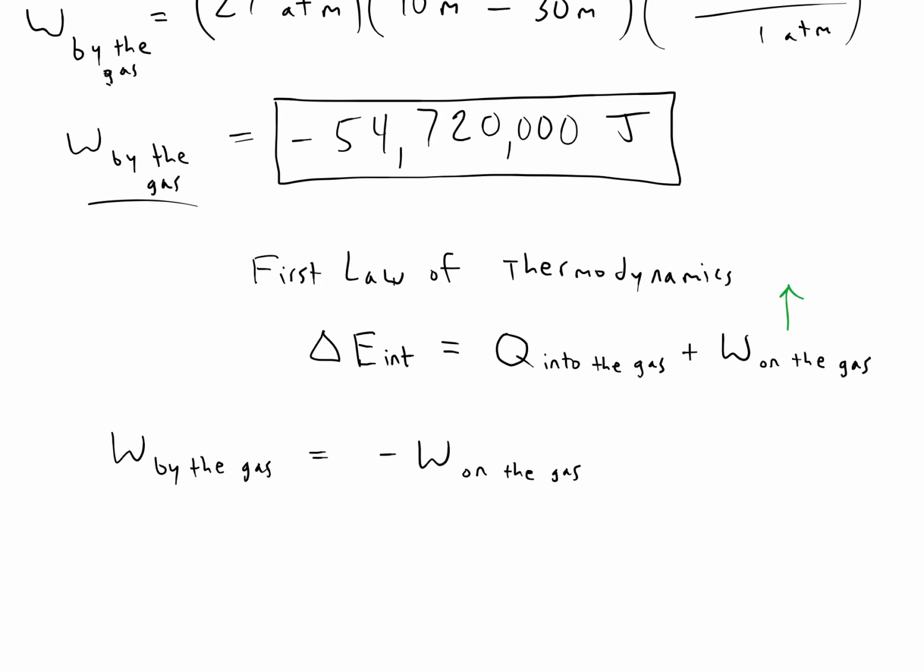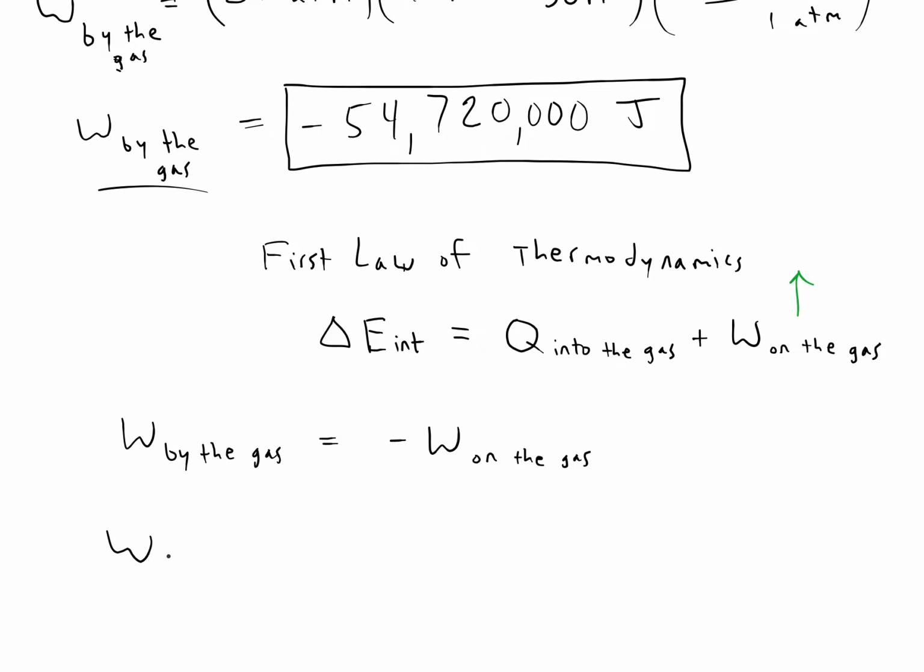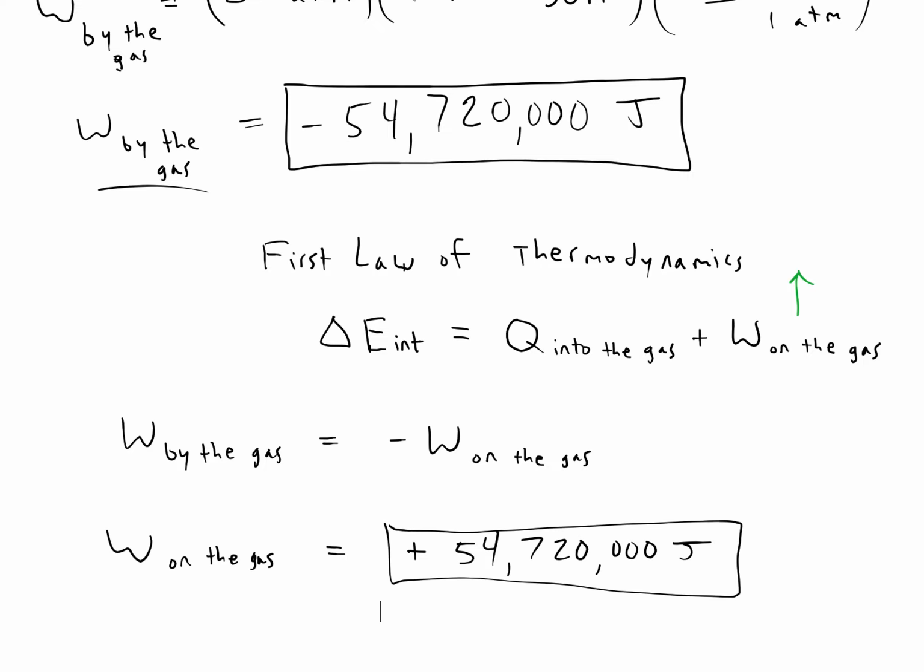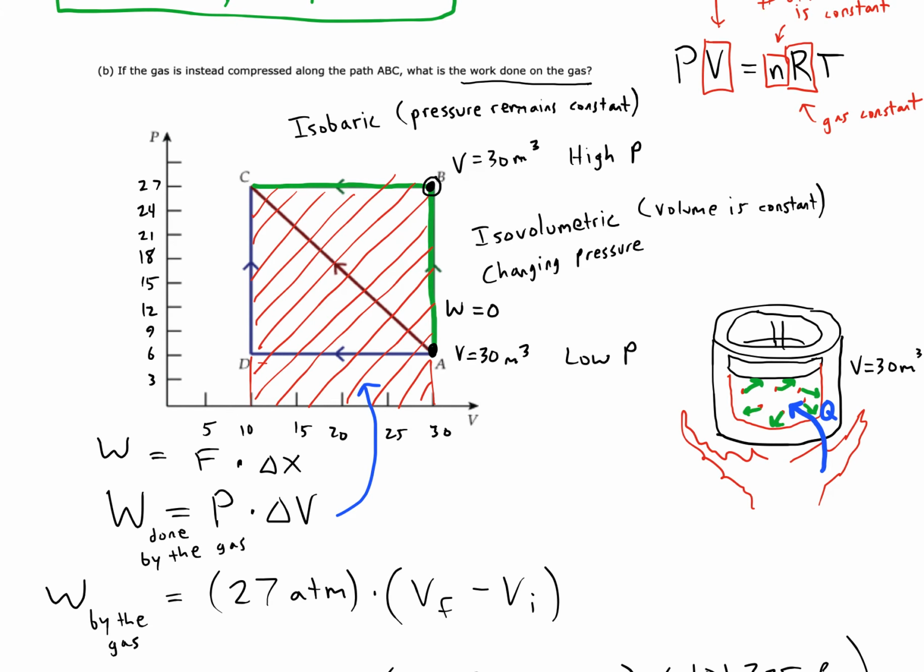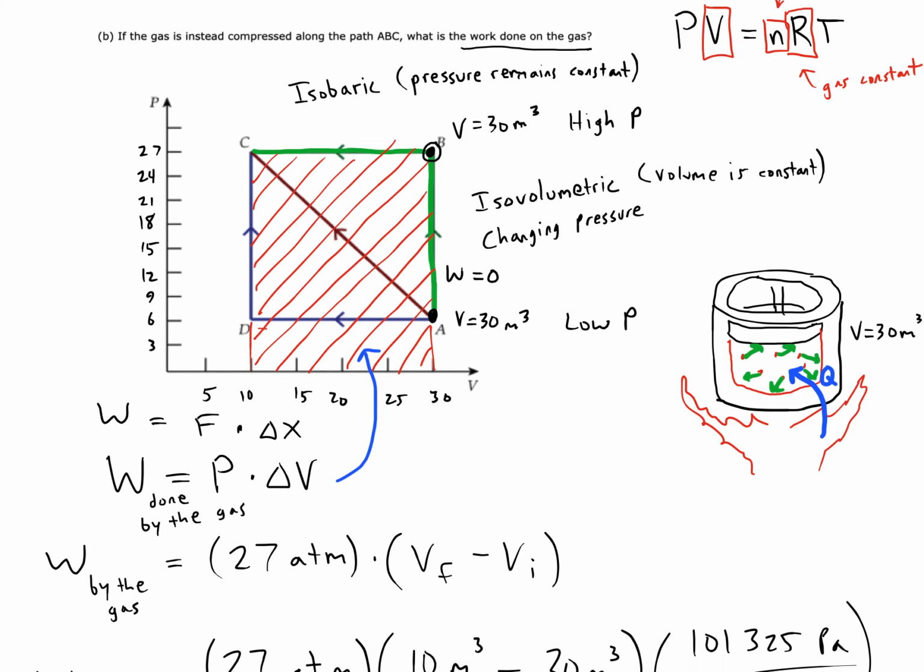So with that in mind, the work done on the gas will be positive 54,720,000 joules. Yeah, because the piston does go down in this situation. You're going from a high volume of 30 down to a low volume of 10. So that means the work is going to be done on the gas. Now, one way to look at a PV diagram and know that would be the case is if you're going